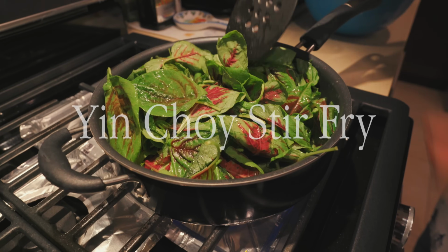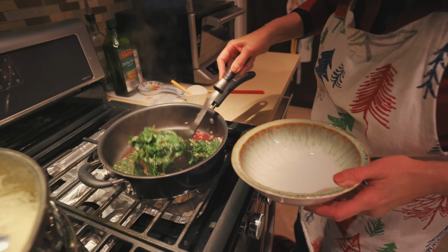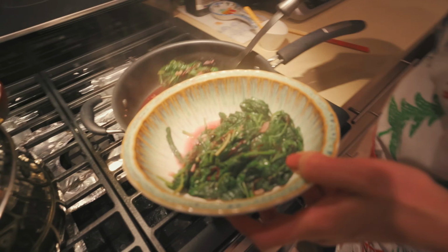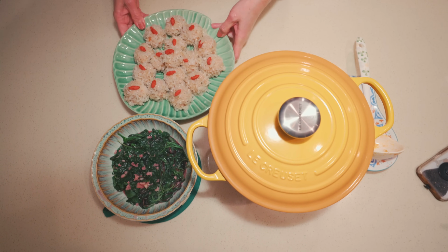For our last dish, we're stir-frying up some red spinach with garlic and a little bit of salt. We cook most leafy greens the same way, just super simple, and our dinner is ready. 好了。